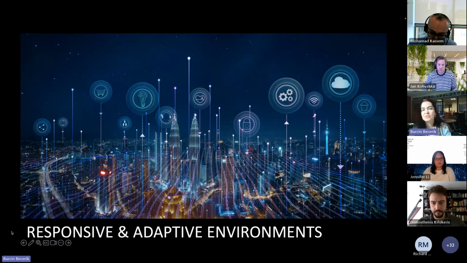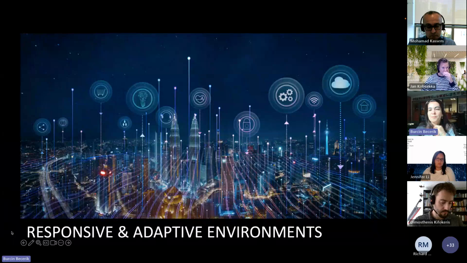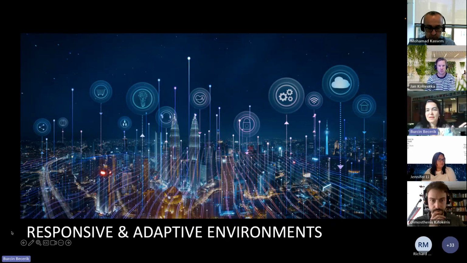My group at USC focuses on responsive and adaptive built environments. These environments learn from you and adapt to your behavior, predicting and responding to your needs in real time. And they interact with you in a natural, intuitive way and reason with clear objectives. What I mean by that is improving user satisfaction, comfort, productivity, safety, thereby improving your experiences in your spaces.